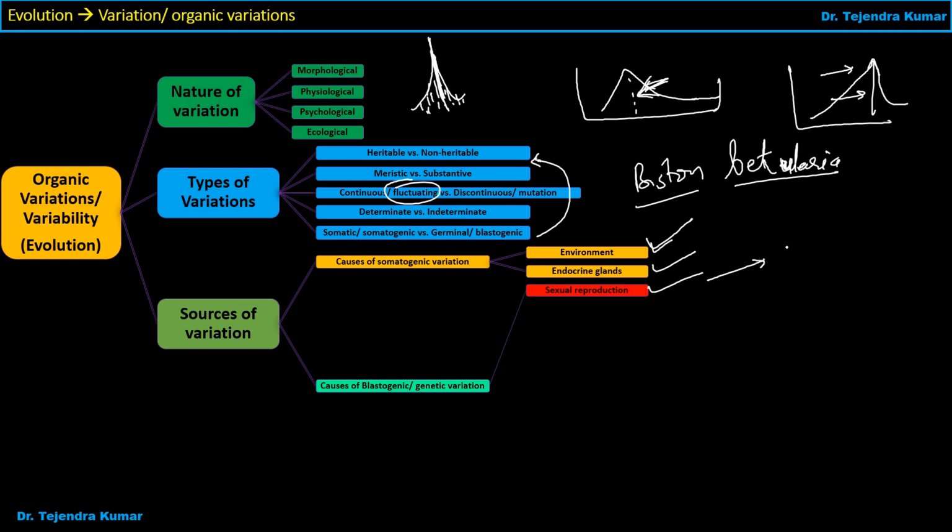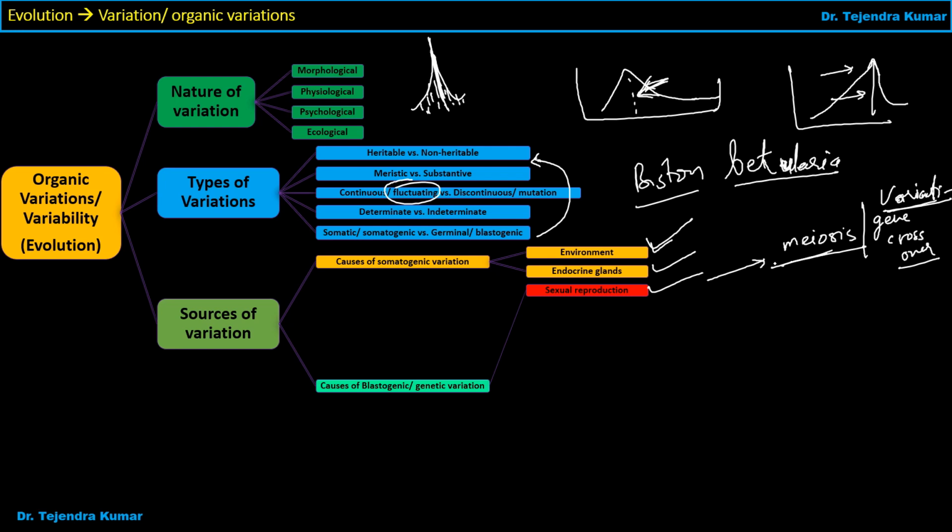Sexual reproduction happens when we talk about meiosis. If meiosis is there, then it shows gene crossover, and that's why they are showing the variations in the packaging stage of meiosis. It shows different characters because they are exchanging genes. Otherwise, what happens in mitosis? Mitosis does not exchange the genes, and that's why it always shows similar characters.